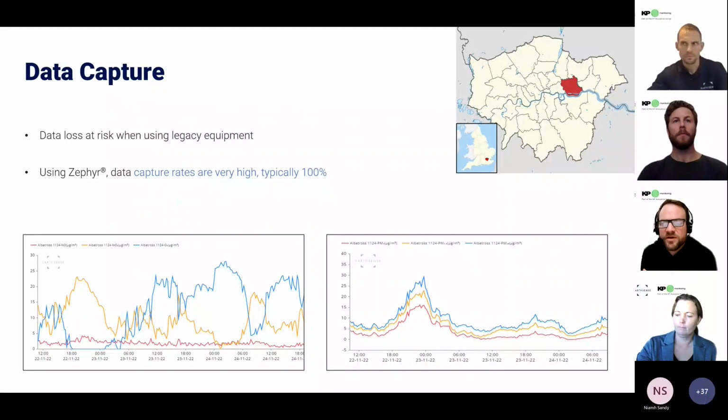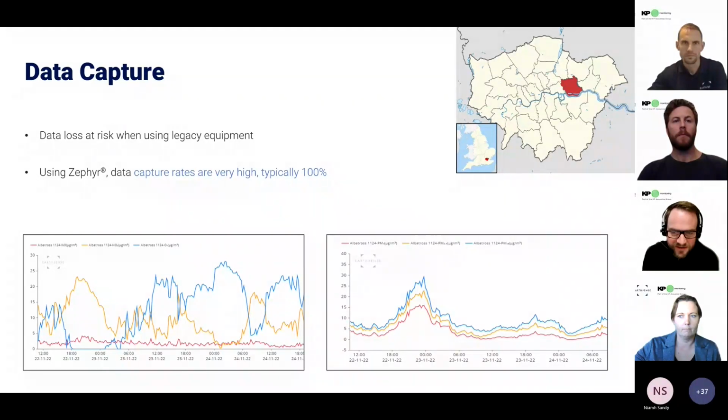With data capture, using our legacy equipment, we are often dependent on the local mobile network and on the proficiency of the onboard hardware and firmware of the monitors. This, coupled with limited on-monitor memory allowance, meant that when power went offline, we would likely lose data, and that may have been crucial to the project. A loss of data could mean the difference between complaints about the site being upheld and works having to stop, and empirical evidence that particulate levels were within an acceptable limit.